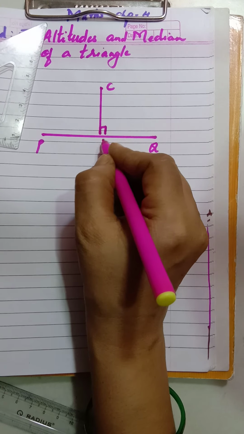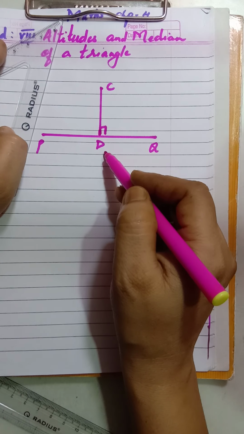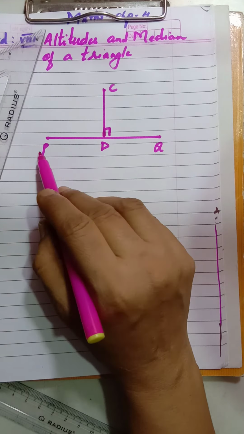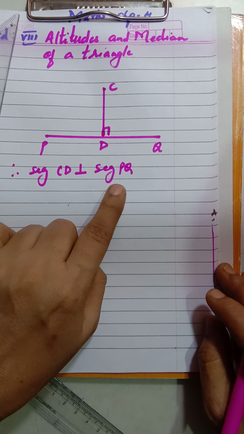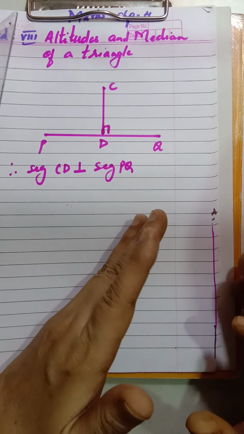Now you can see you have drawn line CD perpendicular to line segment. You have drawn a line segment CD. So if you want, you can extend also. So you have drawn CD, segment CD, which is perpendicular to segment PQ. Therefore we can write segment CD is perpendicular to segment PQ. Now this is your perpendicular symbol which you have already learned, children. Again I am saying, if you have forgotten, this is the sign for perpendicular. Segment CD is perpendicular to segment PQ, and children, we have drawn this perpendicular by using what?